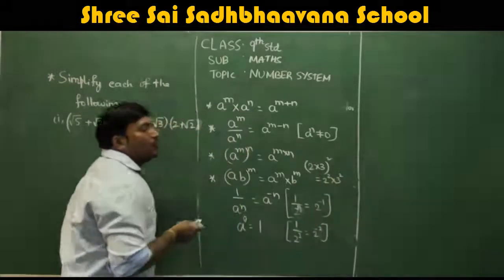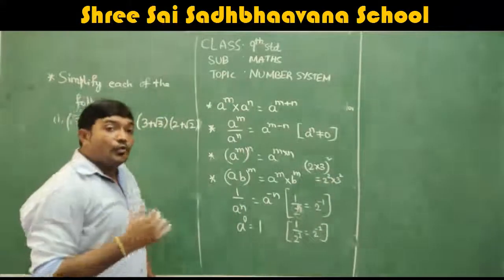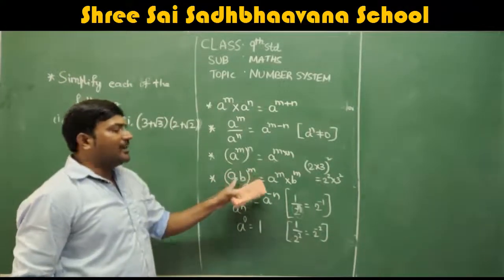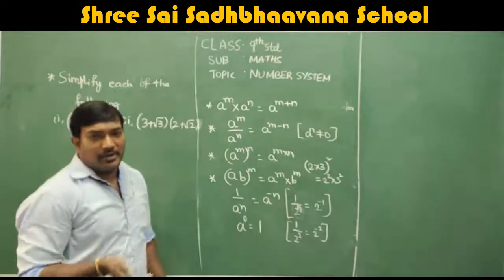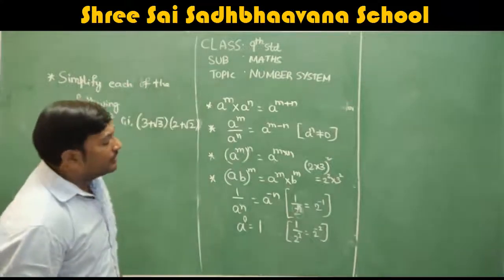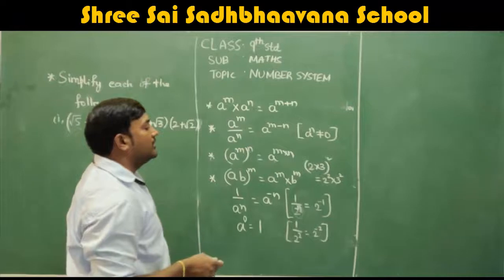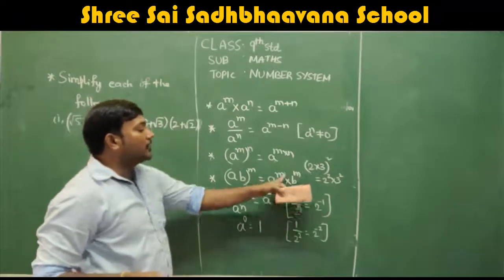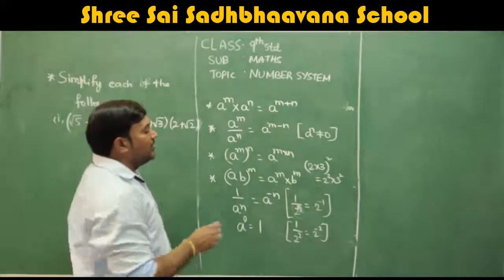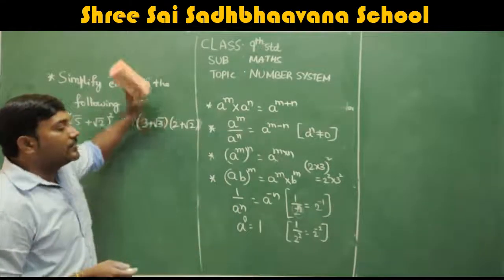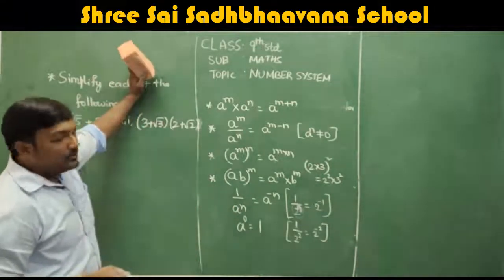So you can write 2 into 3 whole square as 2 square into 3 square by using this formula. If you take A as... see, AB is nothing but A into B, remember. So AB is 2 into 3 there. So 2 is A and B is 3. So 2 power 2 and 3 power 2, which is nothing but a power m b power m. So 2 into 3 whole square can be written as 2 square into 3 square.